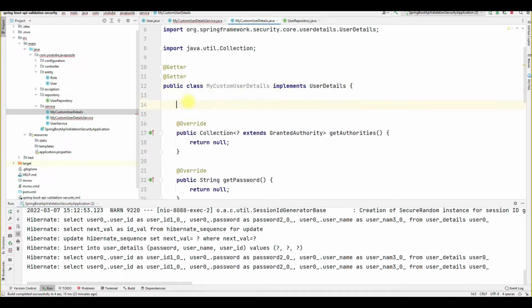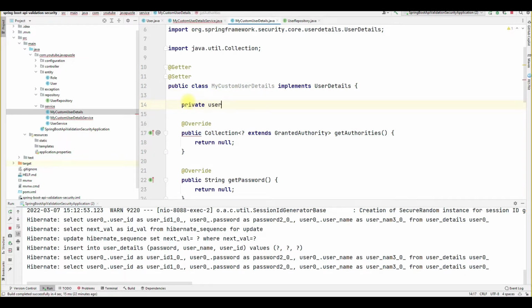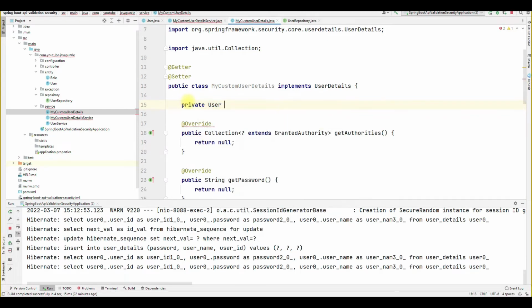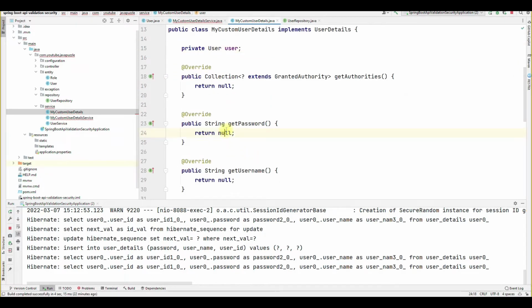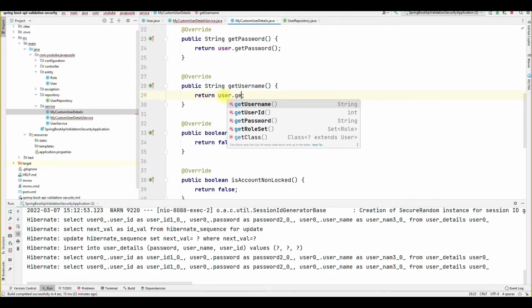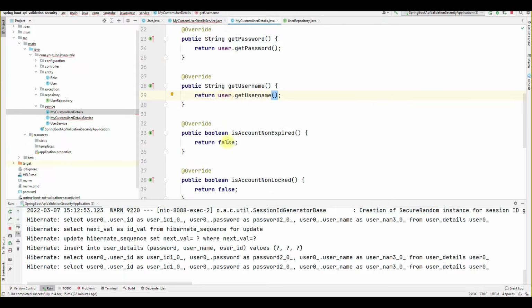So let me create here a private User, the user from our entity class. Then provide the password, user.getPassword, user.getUsername, and the rest of the things will be true.